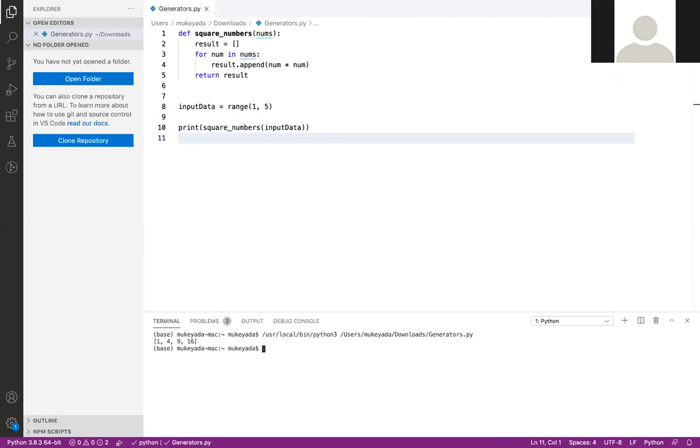Now let's run the program and see the outcome. Here we can see the output is 1, 4, 9, 16, and for a better understanding we can see the entire list within a shot. I just used a print statement with my method name and the argument I passed, and I can see the entire list here.